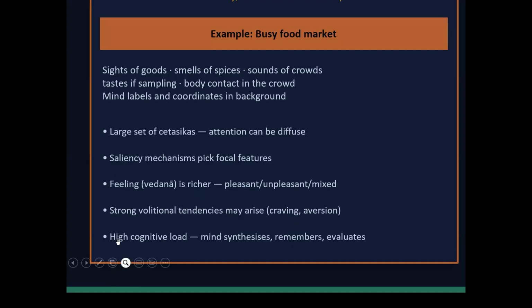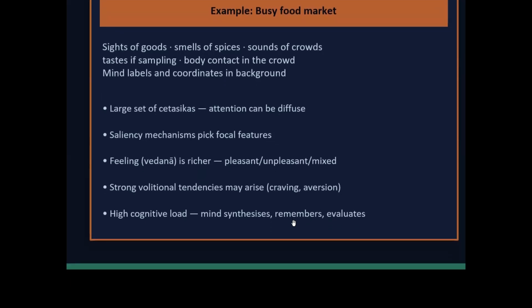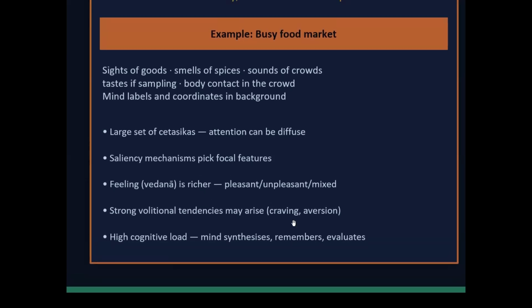The mind will analyze it. Then you remember, let's say you've taken this food before, you remember the taste and how wonderful it is. Then you evaluate whether you want to buy the food or not. So because of this craving, likely you will buy. Okay, so this is how, in a market, all these things affect your buying power.